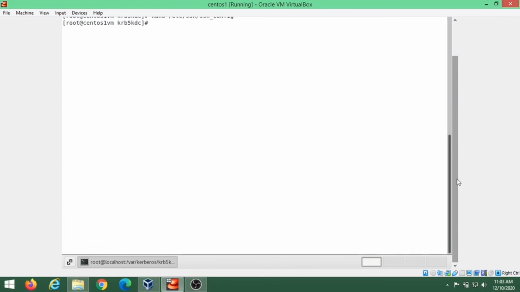Now we will allow Kerberos authentication to the server. We will reload the SSHD service. It has been reloaded successfully.